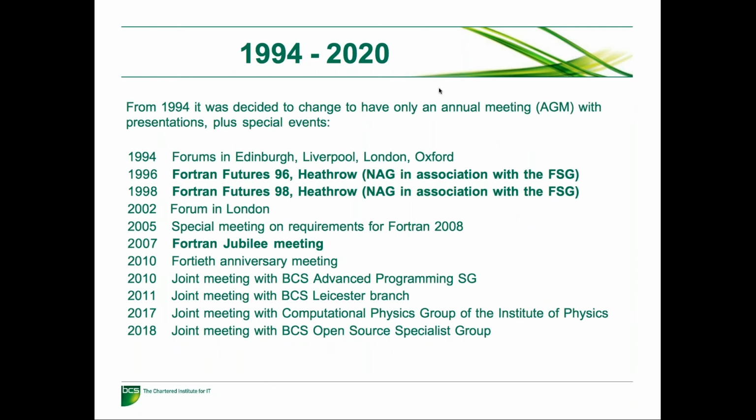So from 1994 onwards, we just had typically one meeting a year plus special events, and there's a list of the special events. The very successful Fortran Futures meeting, largely organized by NAG, but nominally in association with the Fortran Specialist Group. And a lot of FSG members spoke there. We had a forum in London, and another meeting in London on requirements, and the 40th anniversary meeting, the Fortran Jubilee meeting. And then more recently, we've had joint meetings